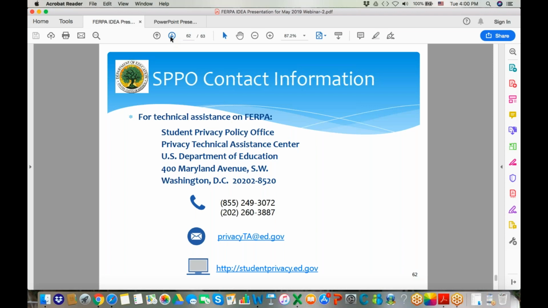We usually try to do it within 5-7 days, depending on the complexity. It may be a little longer, or even a shorter turnaround. So it's a good chance for you to send us questions, and we can give you some informal responses. If you go to the student privacy website, there's also a contact us link you can click that gives you another mechanism to submit informal questions. There's just a wealth of information on that website, and we have some technical assistance resources as well.